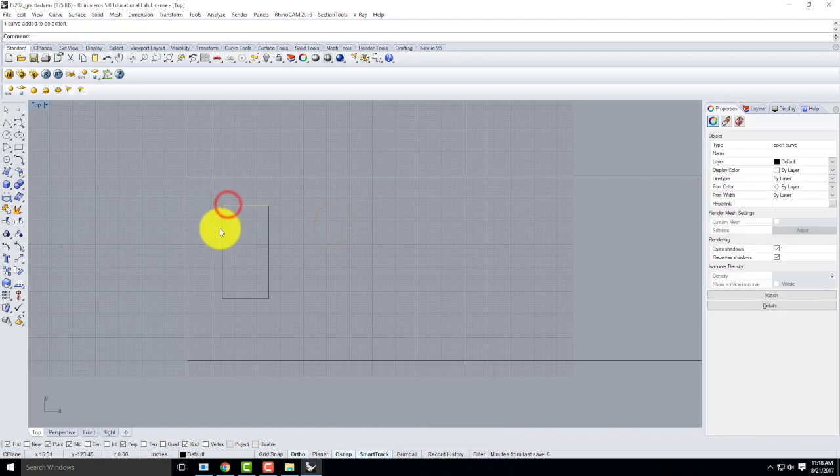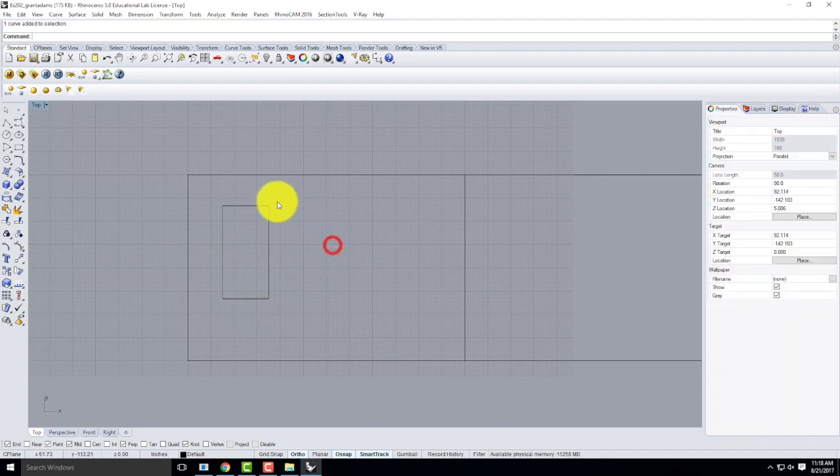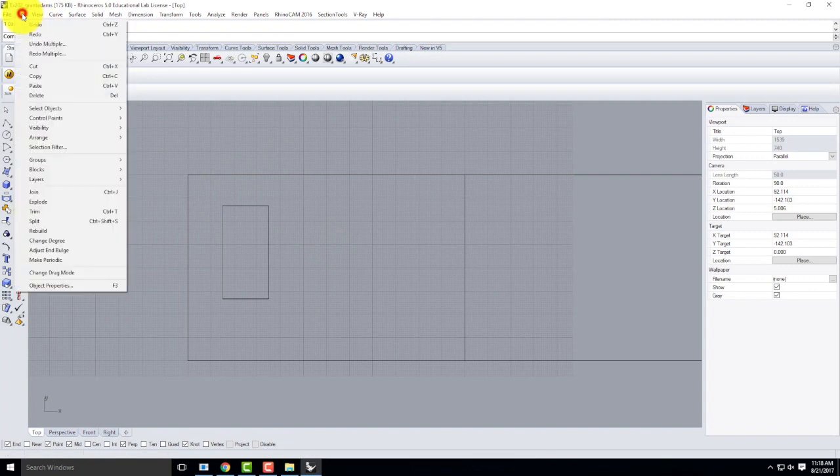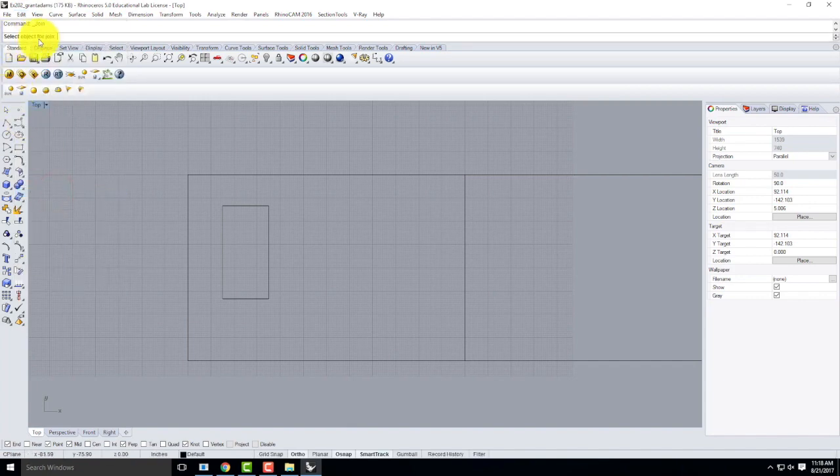So these, however, are all separate lines. And long term, I really want it to become one rectangle. So I want to join them back together into a polyline. And I can do that by going to the Edit menu and selecting Join. I can press Control-J. I could type Join, any of which are acceptable. It's going to say Select Object for Join. I'll select all 4. Remember, I'm selecting from my left, maybe,